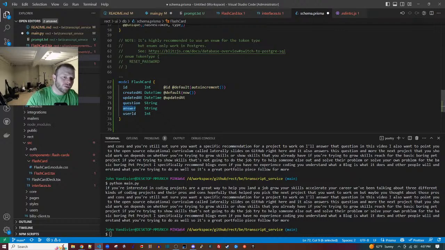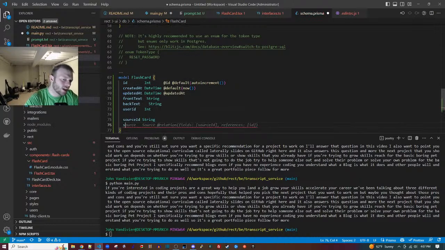It will have a front text and a back text. It's going to have a source ID. That's going to be a string. It's going to have a source name. Source platform name.